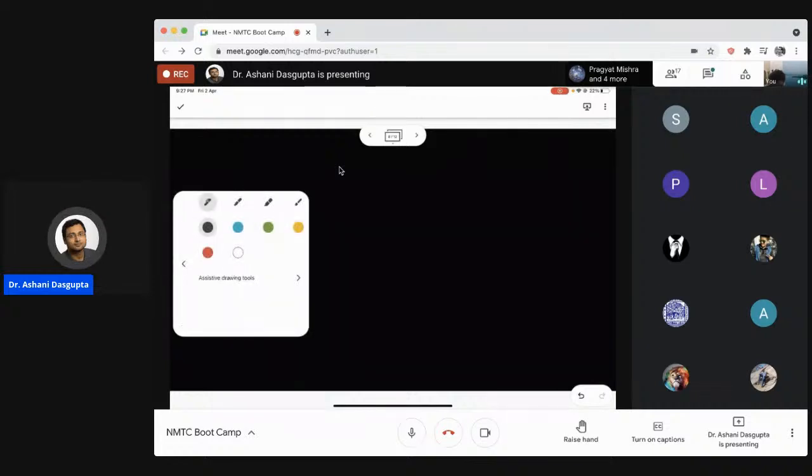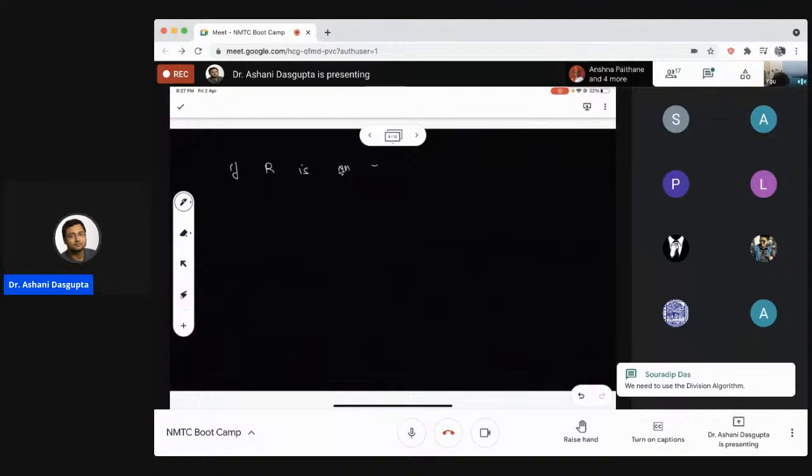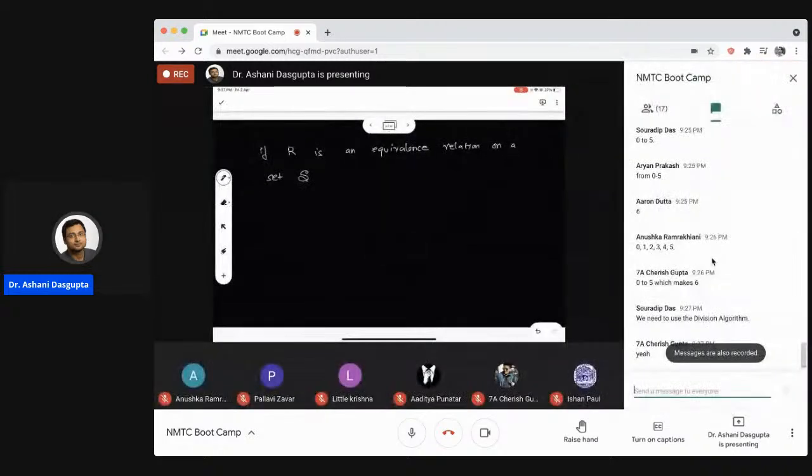Okay, so we have some more boards, which will be helpful, I hope. So how can you show that if R is an equivalence relation on a set S